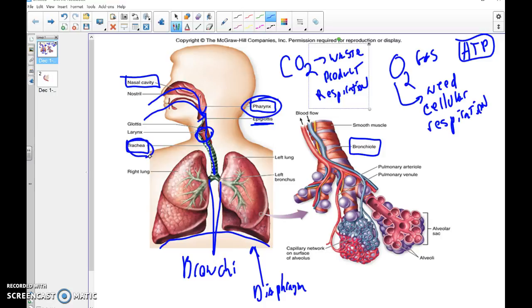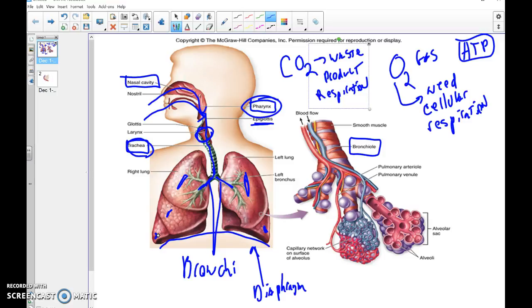The trachea is just a tube that runs through your chest. It actually runs side by side with your esophagus. The trachea carries the oxygen into what's known as the bronchi, which are these two big tubes. And the bronchi splits. One goes to the left lung, one goes to the right lung. And you'll notice here, your left lung has 2 lobes, your right lung has 3. And that's because your left lung is actually slightly smaller, and that's because your heart sits on that side of your body. It's actually not as big, although you do use all of the surface in both of them.